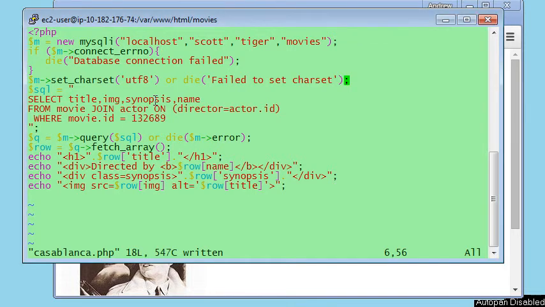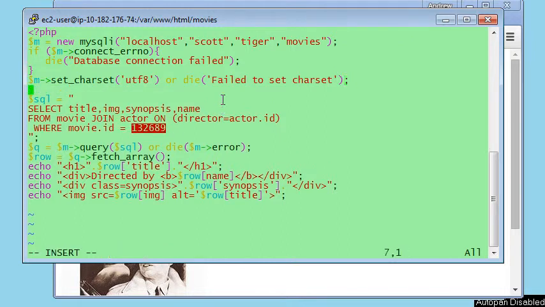As it stands, our program so far is dedicated to the movie Casablanca. We've hard-coded in this value here. What we want to do is to be able to make this a more flexible program. So what I'm going to do is to pick up a value, let's call it $ID, and I can pick that up from the URL line. So we can decorate the URL with what are called CGI parameters. So that should pick up a value from the URL line, and I can use that value in my SQL